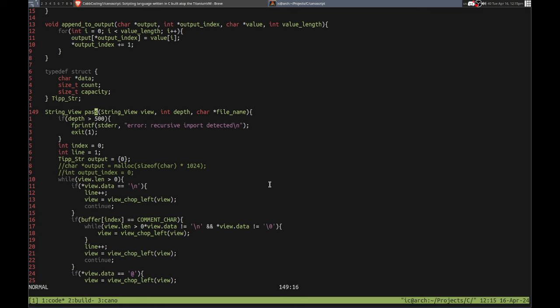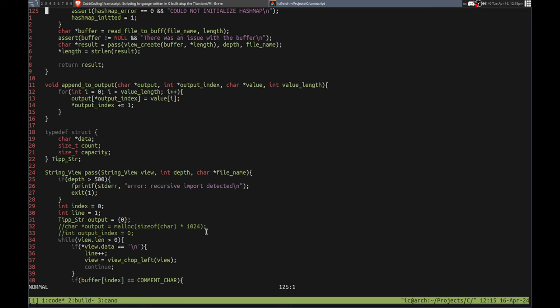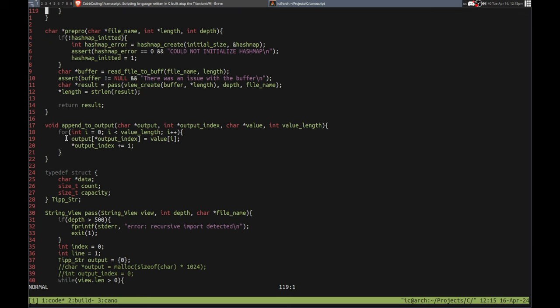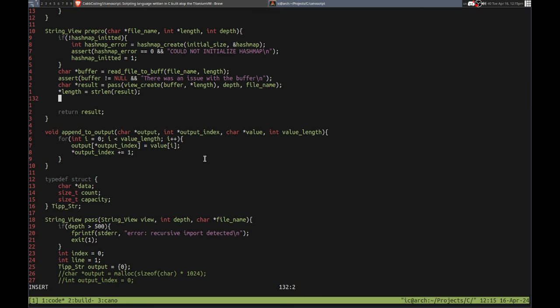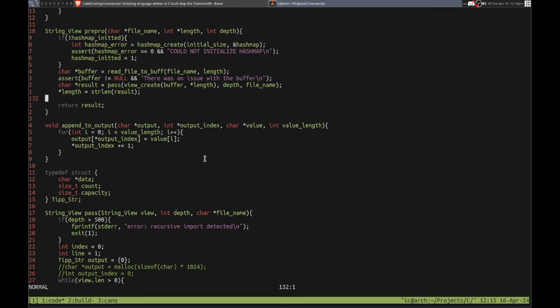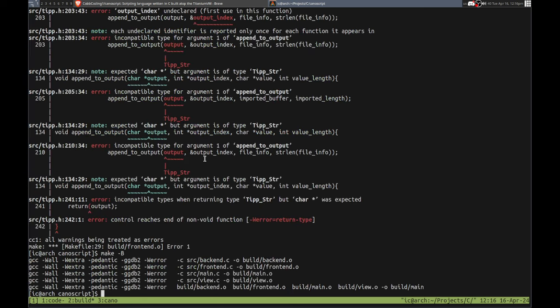String view, pass the view, depth, and file name. That's fine, that's fine, that's fine. So append to output. So we just do that. That's kind of not good. So we have this. File name, length, and depth. So this should actually return a string view as well. Right, so we'll just return that. So result is that. And then I'm just going to do for now string view. Well, let's just return view create from result and that. Right, and then I'm going to change how that actually works later. But